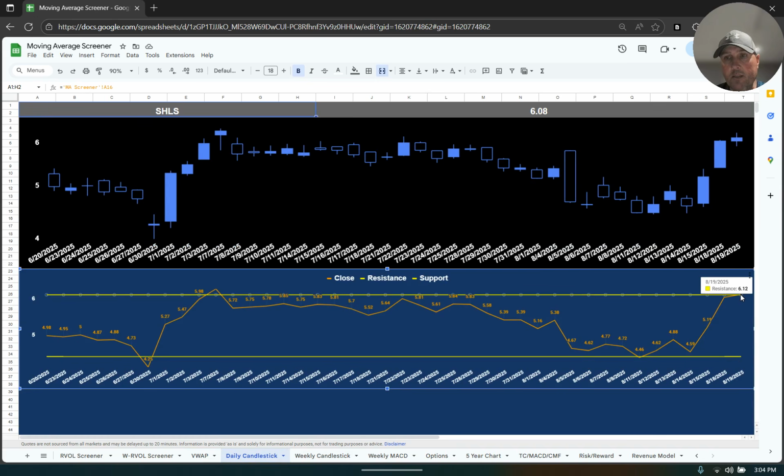So we need this 612 is resistance. Right now it's 608, so it's struggling to get past that. We need to see this break out to new highs. We want to see it bust through this wall here. And this is only 42 days of data, because otherwise the charts get kind of messy with the candles if you try to do more than that